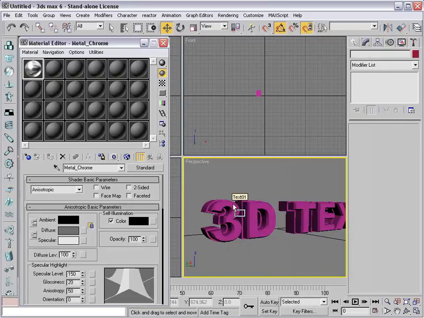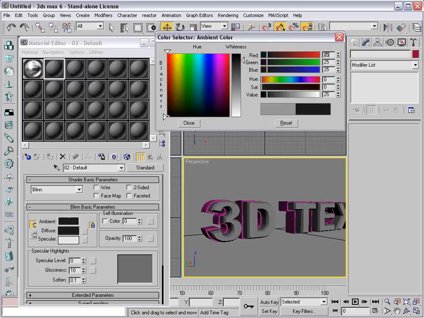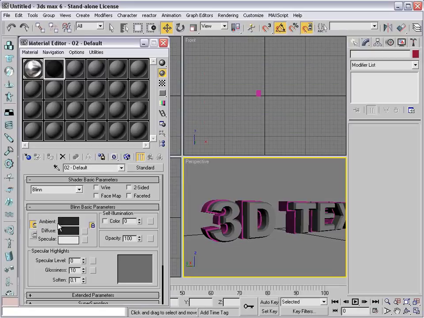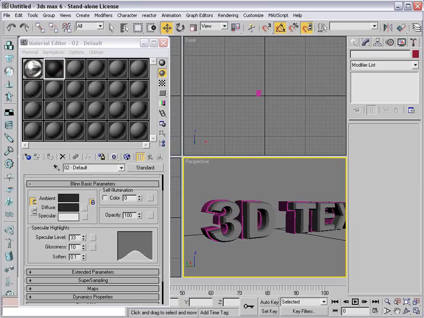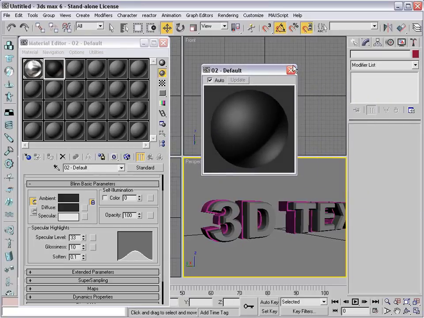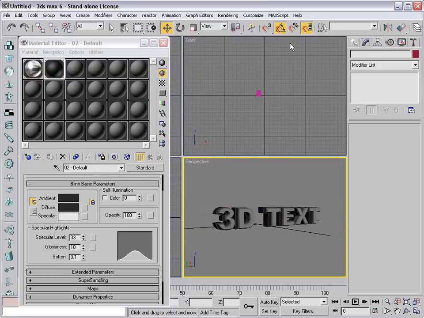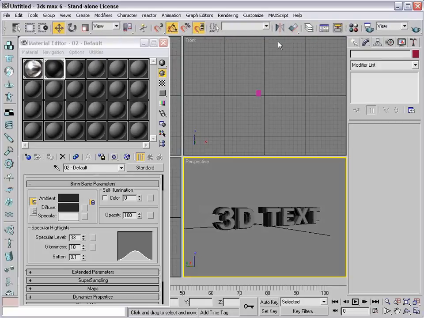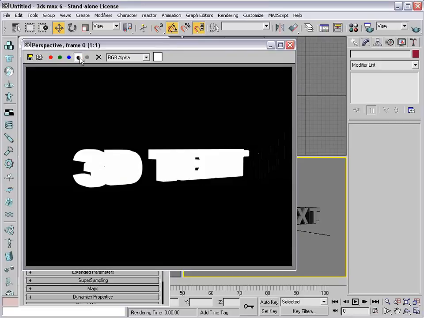And we'll drag that out to the text that's in front. Then I'm going to edit this material, and we're going to make it sort of dark gray. Now the diffuse and ambient colors are usually locked, and that's okay. We'll increase the specular level so that it has a little bit of a highlight, and we'll apply that to the background. Now if we quickly render this out, hit the teapot, you see we've got some 3D text